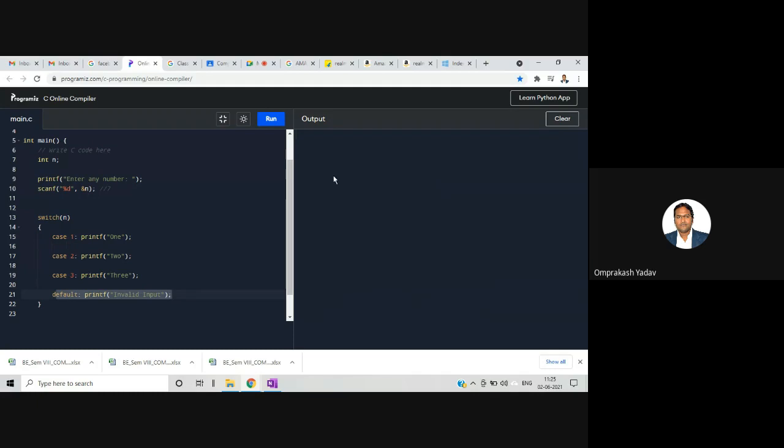One more time, I'll run this. If I enter 1, it will enter inside this 1, but after 1, 2, 3, invalid input, everything has executed. So I must avoid that. If it enters inside any of the above cases, it will also execute the below cases. There will be a free fall. I must avoid execution of the other cases.